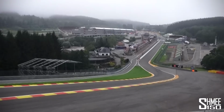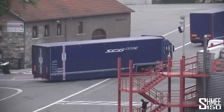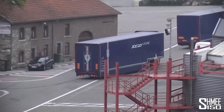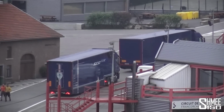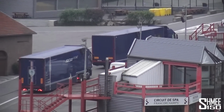Oh no, look down there, that's interesting. That is the SCG 003 truck. Scuderia Cameron Glickenhaus, who I visited in Turin very recently actually, working on their 2 race cars, coming up here for some testing very soon. And before some further races. So they've presumably got their 2 cars in there, locked and loaded, and ready for some time out on track. In the meantime,